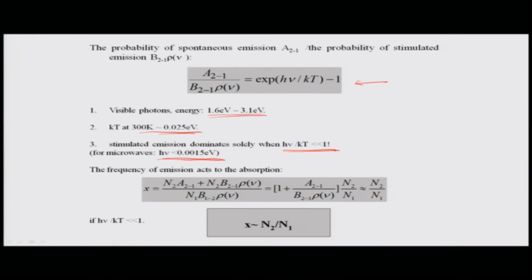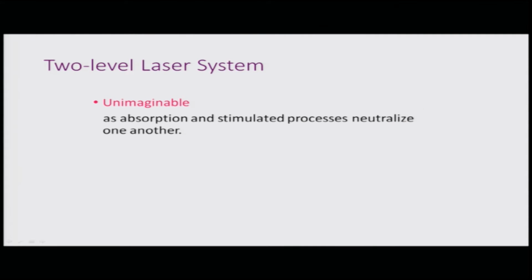Anyway, given that we have arrived at this, the frequency of emission to the absorption can be related in terms of the ratio, which is given as N2 over N1, if h nu over k T is much less than 1, and that is the reason why, as I just mentioned, masers with microwaves are a much easier concept in principle with respect to lasers, where these ratios are very unfavorable in that case, and therefore, a 2-level laser system in fact was unimaginable, as absorption and stimulated emission processes neutralize one